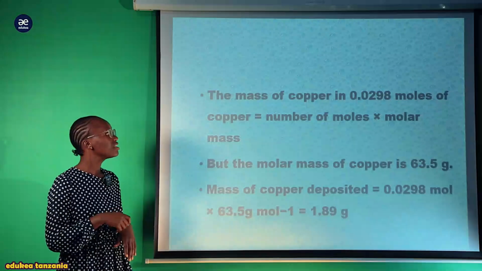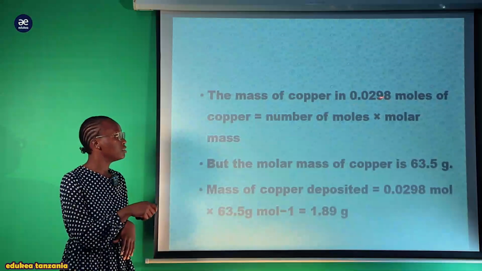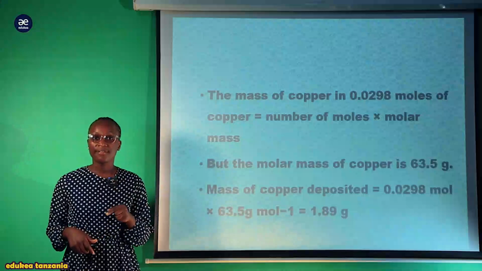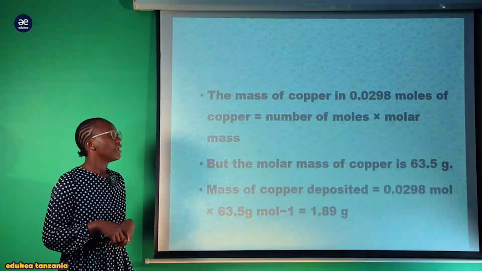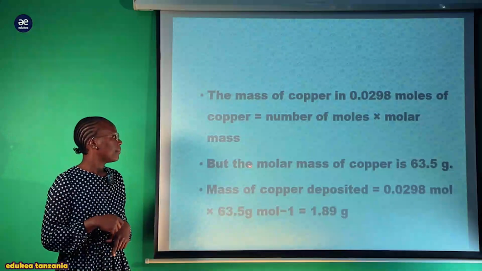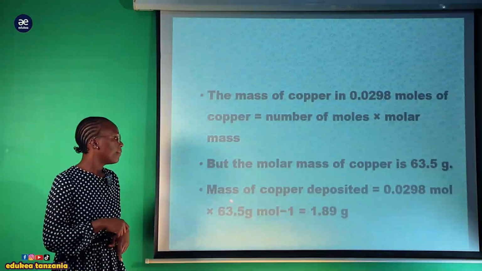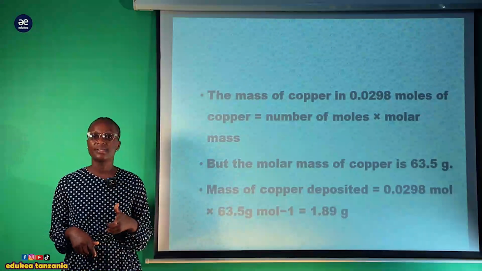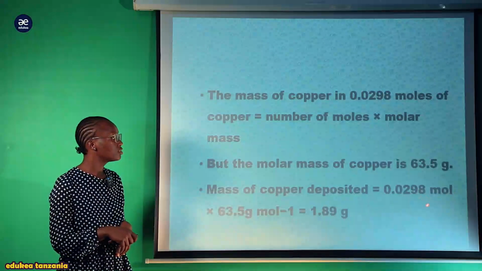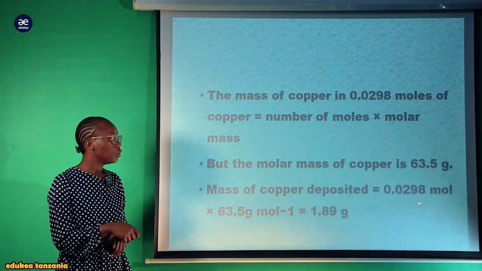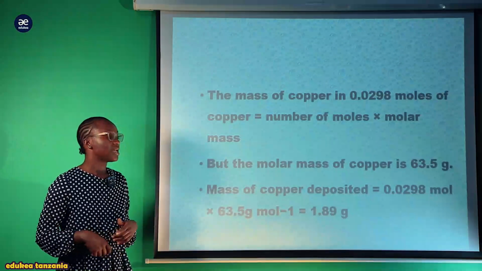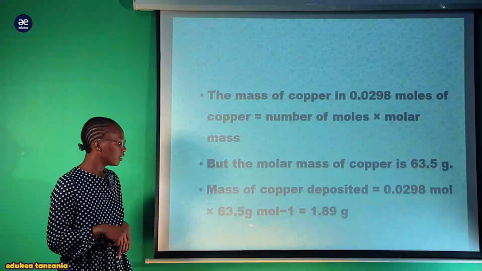Coulombs and coulombs zinaisha. Do you see, my student, the way you are required to consider the SI unit? Kwa sababu hapa tuna coulombs zitaisha, itabaki hii per mole. Hii per mole it will go here, itaenda juu. Ikienda juu mean that inaisha, inakuja kurudi kawaida. Kwa hiyo tunakuja kuwa na our mole here, number of moles of electrons